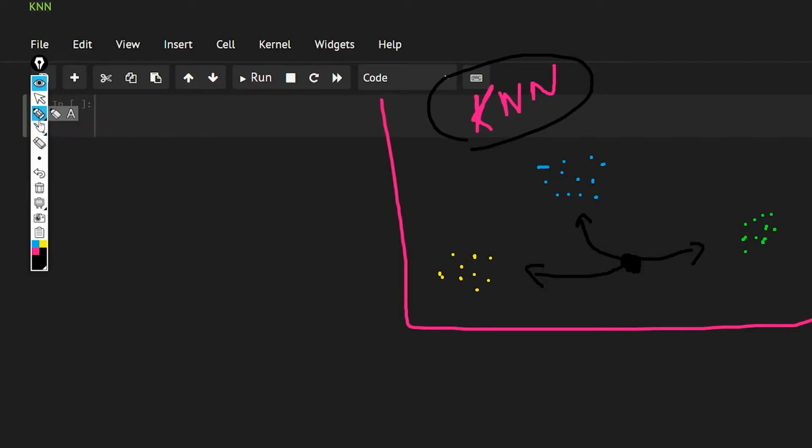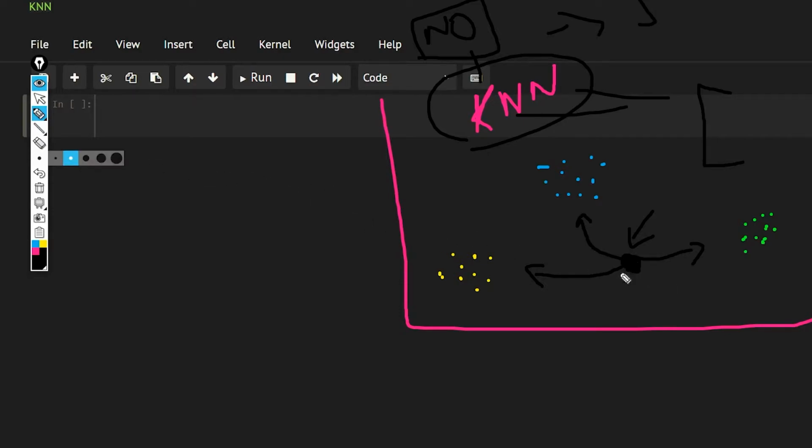Basically, here K means a number, and NN means nearest neighbors. So let's say K here is 5, so it is going to be 5 nearest neighbors. It is going to find the distance from this point to every other point, and it is going to select the 5 points that have the minimum distance from it.